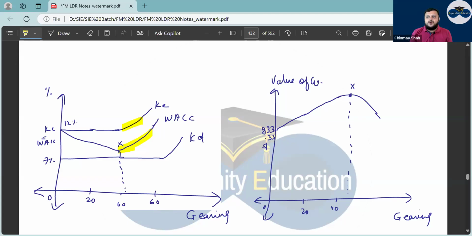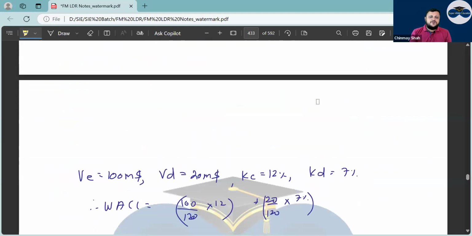But after certain point, if you overdo debt, that means if you over borrow, what will happen? Tell me. WACC will dip, and your KD will increase, or the equity shareholders' KE will increase first, correct? They will say that boss, you are taking too much debt, it's too much risky. Now you want more return, correct? And hence WACC may go up and hence value of company may fall. So there is a point X where WACC is minimum. There is no formula for this. Every company by trial and error method finds this lowest point of WACC. Lowest point, no formula at all.